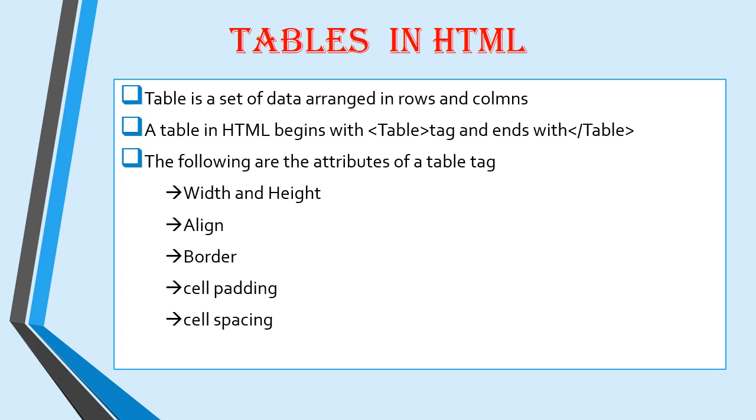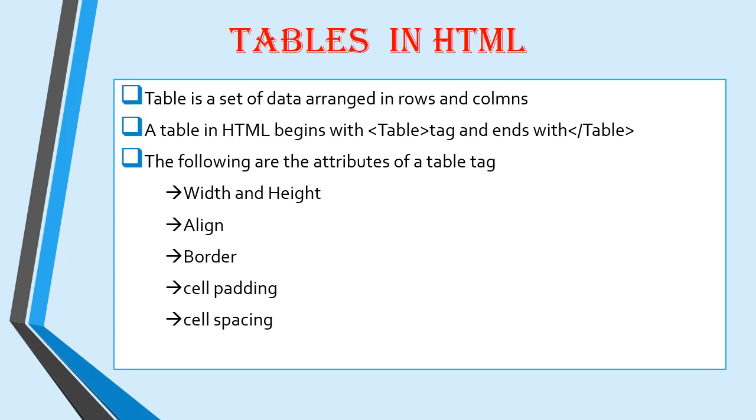If you're writing any table, it should begin with the table tag and end with the slash table, as we have with HTML /HTML, body /body, all like that. While you're working with a table, the first tag you want to use is the table tag. And once every data of the table is filled, we have to close it by using the slash table. And the table tag has different attributes.